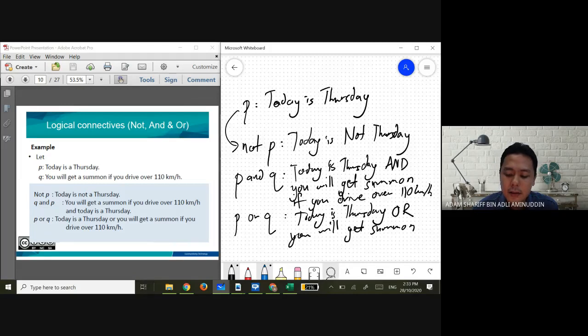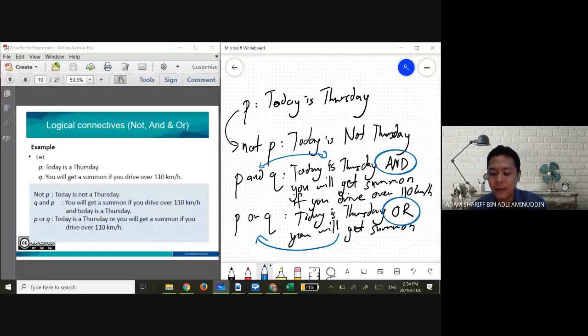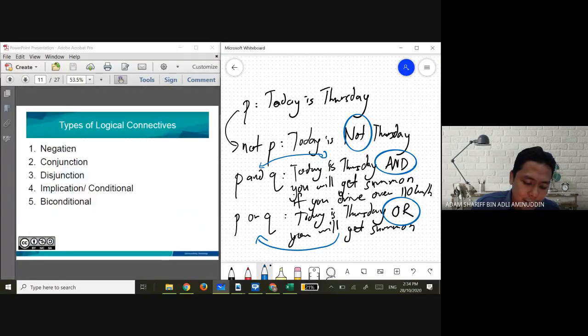Okay, the skill to transform from the left here to the right and also from the right to the left, you need to master it. Nampak simple, however, some of your seniors still make this kind of mistake because they do not emphasize the logical connectives. Dia tak master penggunaan logical connectives tu. Not, and dengan, or. Okay, this is logical connectives. Dia ada 5, nanti saya tunjuk. Okay, there are 5: the negation, conjunction, disjunction, conditional and biconditional.